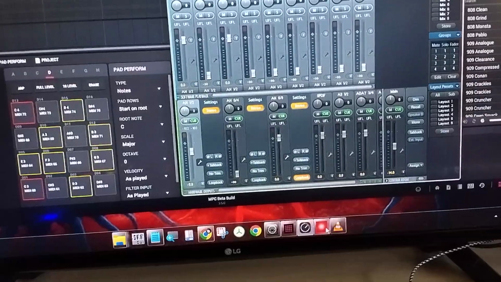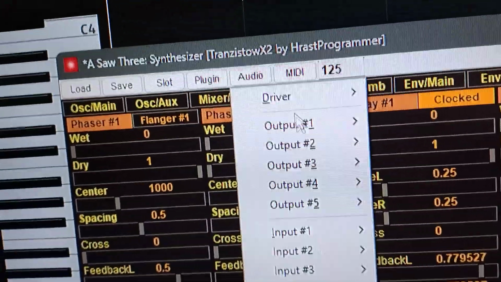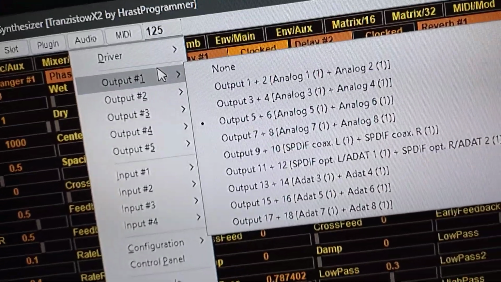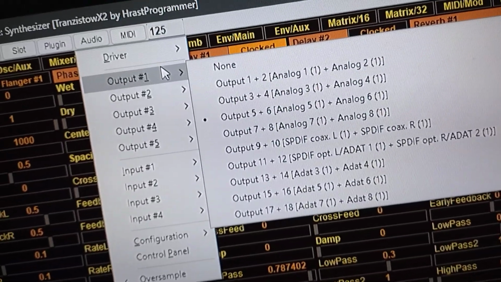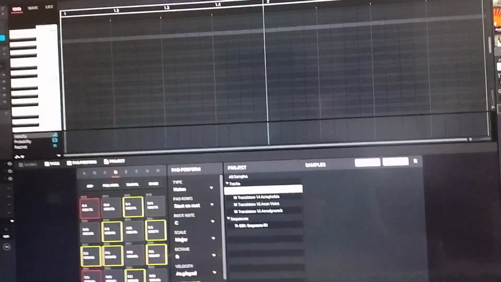But in the synthesizer, you can configure the audio. And as you can see, I set the audio to another output. And the reason is because, so I chose 5 and 6. And the reason is because MPC is already using output 1 and 2